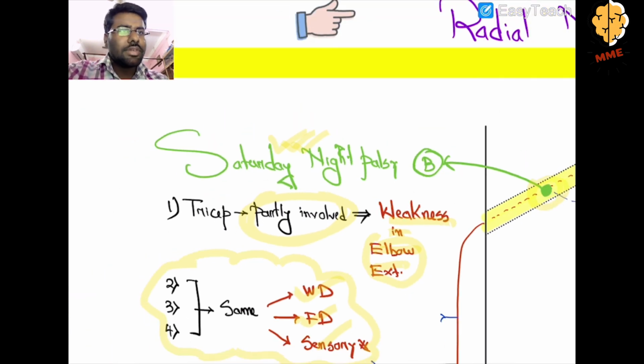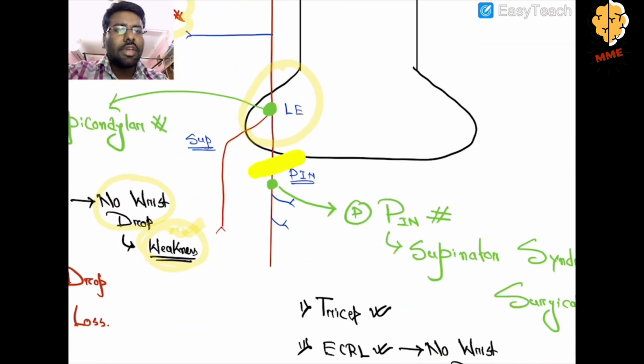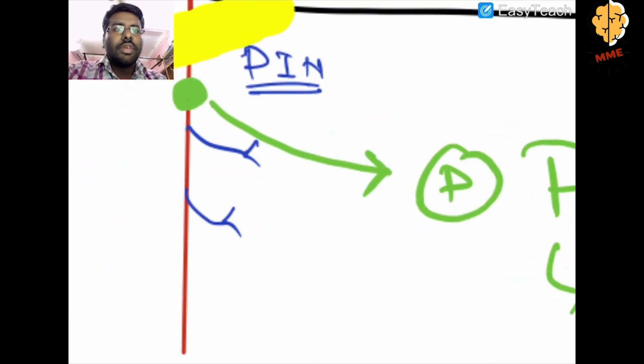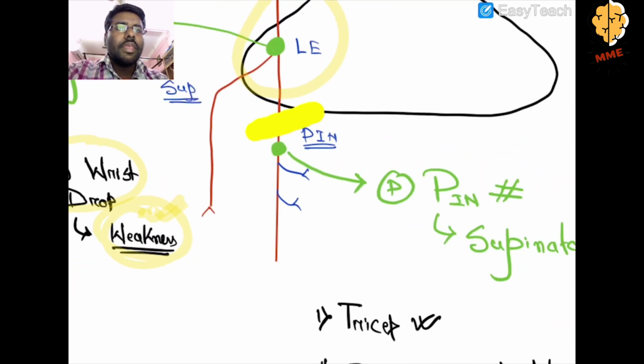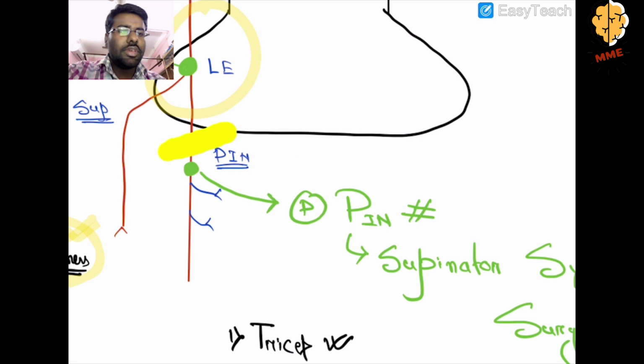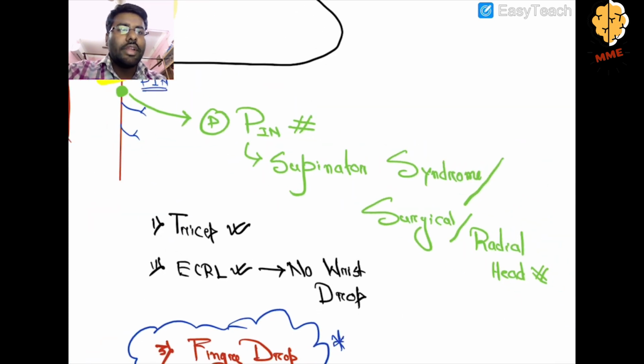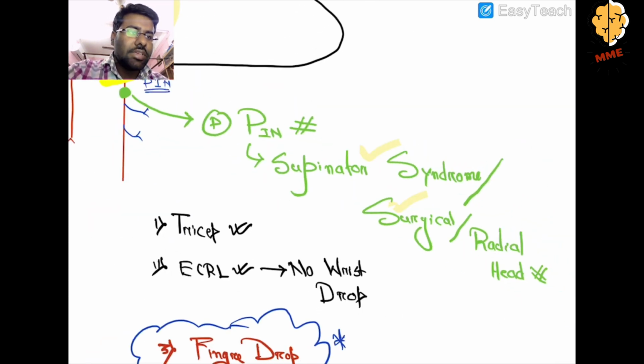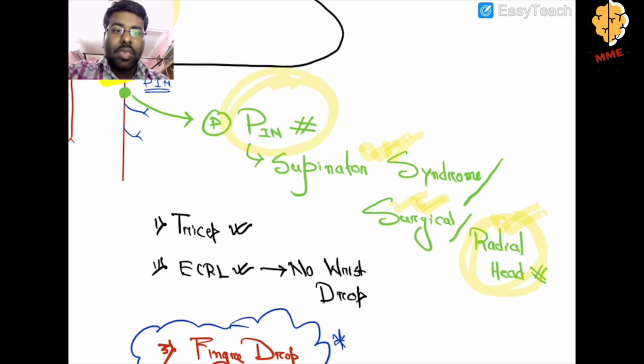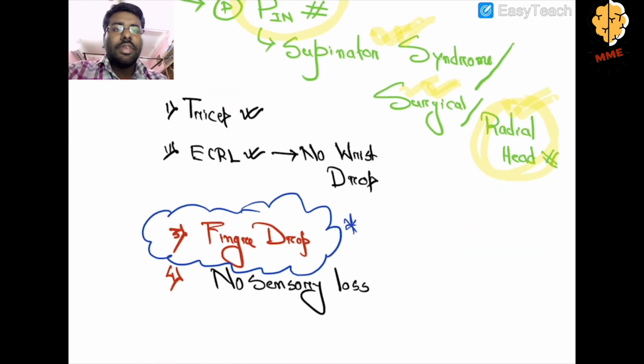Coming to the last and fourth area of the injury, this is the PIN. In case of posterior interosseous nerve injury, which may occur due to supinator syndrome, a surgical procedure, or a radial head fracture, the PIN gets involved. If the PIN is involved, please see that triceps is spared, so triceps is good, ECRL is good, so no wrist drop and no sensory loss,